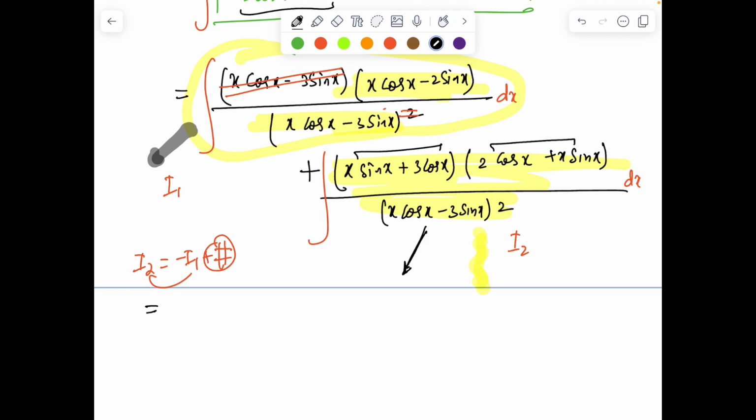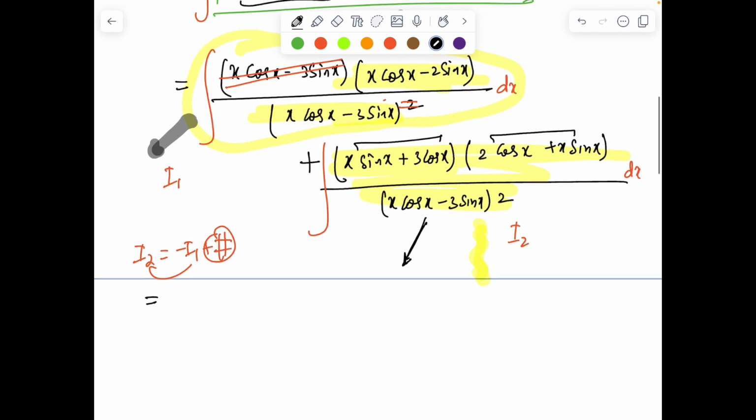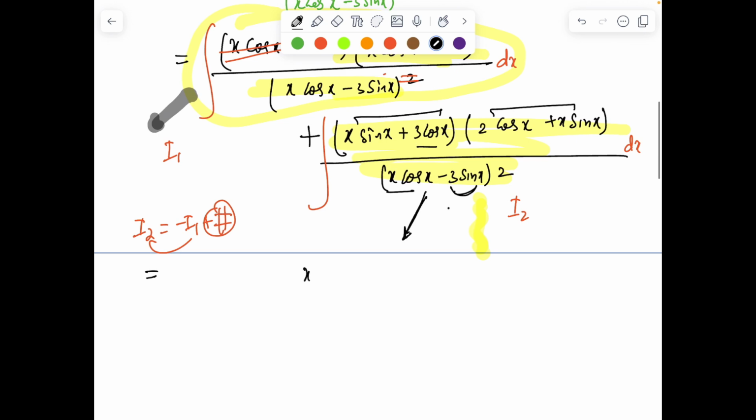So for that it's not very clear still how we are going to approach, but we can see somehow the derivative of 3 sin x is 3 cos x, and what about the derivative of, let's say, x cos x? So if I think of the derivative of x cos x minus 3 sin x, which was to be taught in the beginning itself, and use forceful integration by parts, so x will give 1,